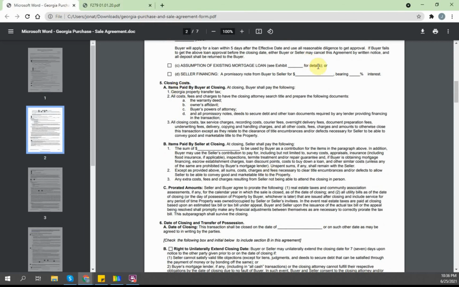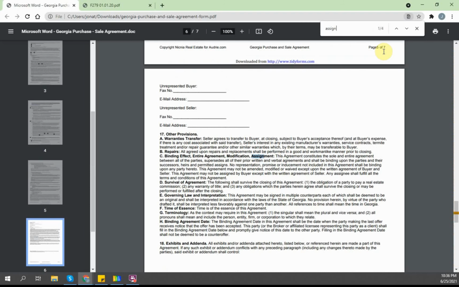Let me see if it lets me do a search. There we go, there's notification assignment. Every contract is assignable, even if it doesn't say anything about assignment. Let me see if I see anything else about assignment. Okay, this is the assignment clause right here.